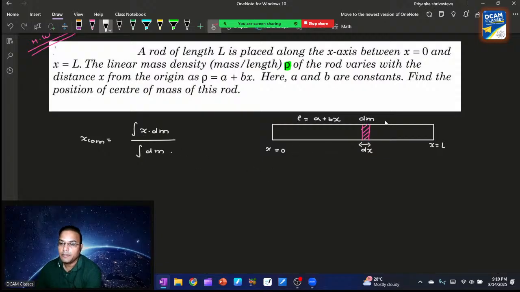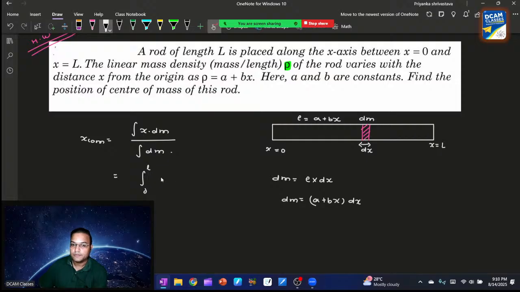Now what happens, mass dm you have to find. Mass dm will be rho, which is mass per unit length, into the length of the element that you have taken, dx. So rho is a plus bx, so a plus bx dx will be your dm. Now put it here, limits will be 0 to L. x dm is x into a plus bx into dx